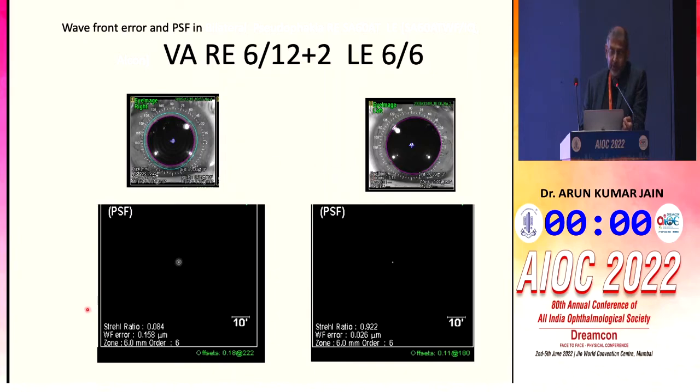And as you can see, these are the two eyes of the same patient. In one eye there is a normal IOL, but in the other eye there is a negative aspheric. You can see the Strehl ratio is close to 1, and the point spread function is also very good. So Pentacam helps us in choosing different types of aspheric IOL or non-aspheric IOL depending upon the asphericity of